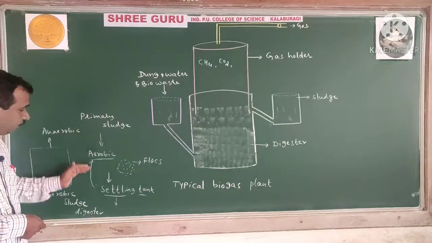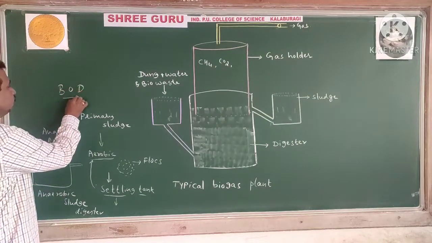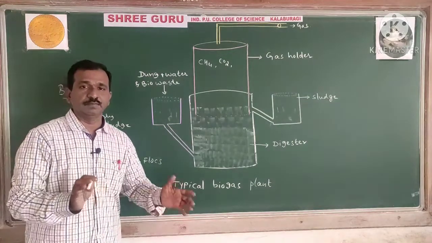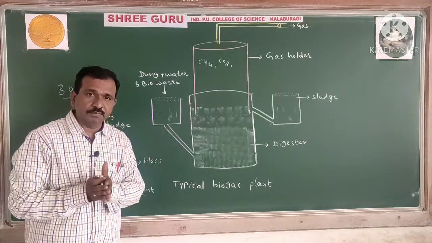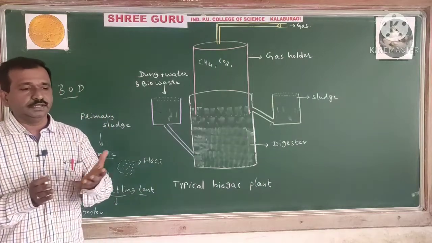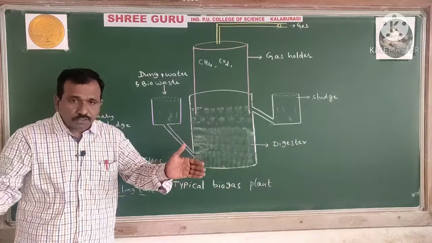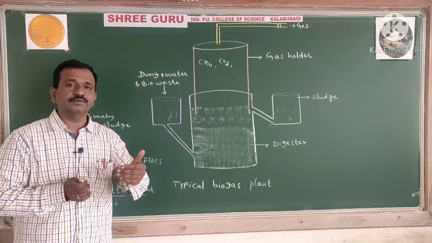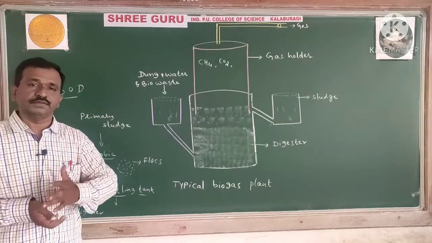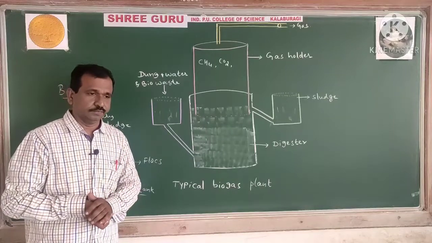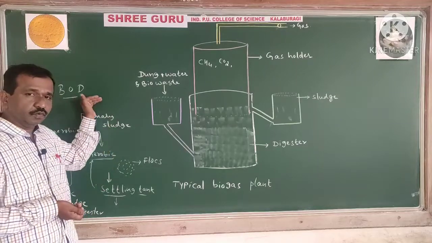Now in between, one more word we have observed, that is BOD. BOD is nothing but biochemical oxygen demand. What do you mean by this? Usually in river water, dissolved oxygen is there. If sewage water is dumped in that region, an enormous amount of oxygen is consumed by the aerobic bacteria. Shortage of oxygen takes place in the river, and the demand for oxygen arises. That is what is called BOD.